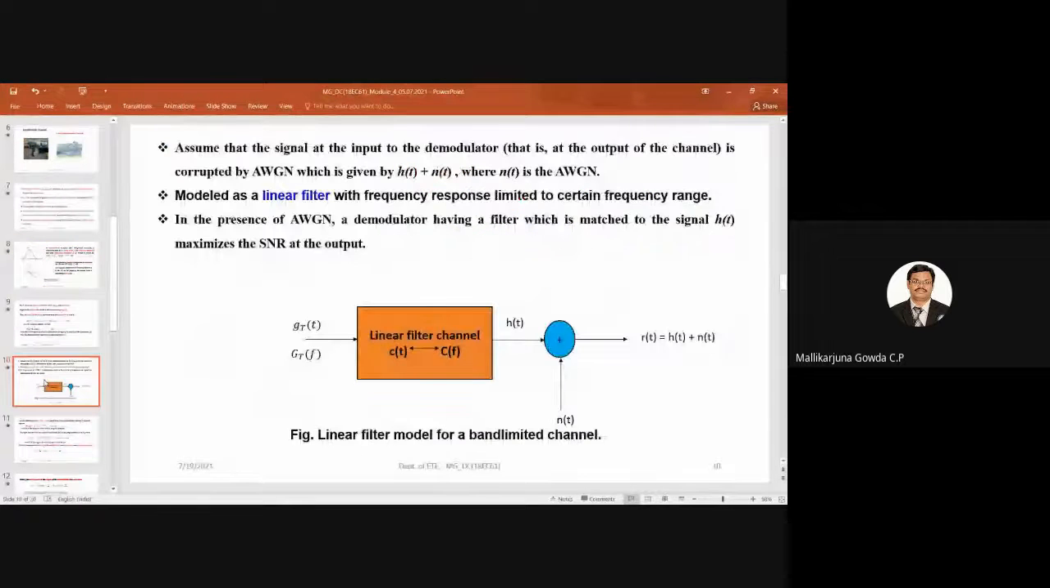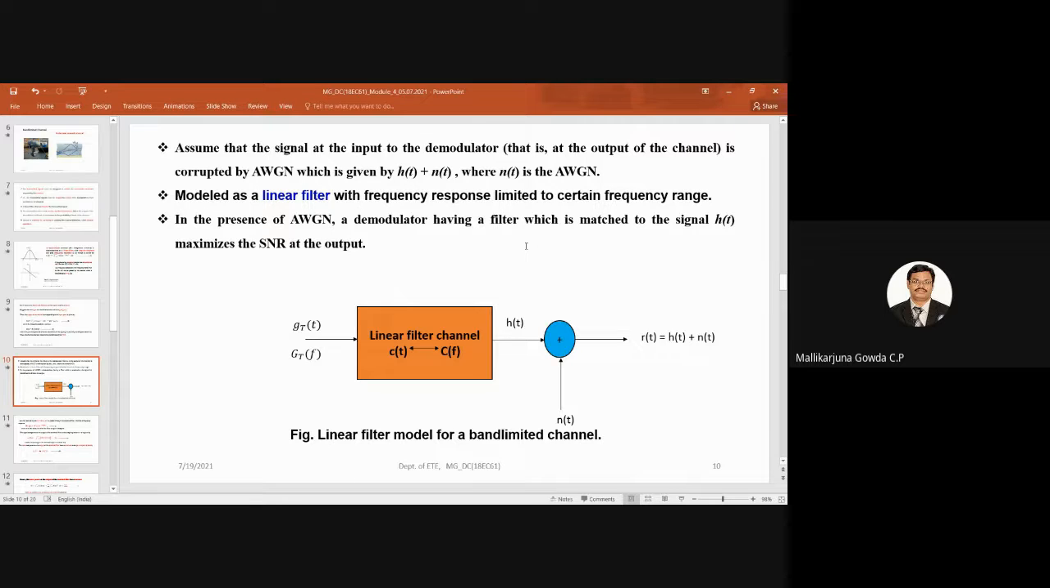So in the presence of additive white Gaussian noise, the demodulator having a filter which is matched to the signal h(t) will maximize the SNR at the output. So this is the definition of the matched filter. In the presence of additive white Gaussian noise, I repeat once again, the demodulator having a filter. Even if you recall the matched filter receiver,